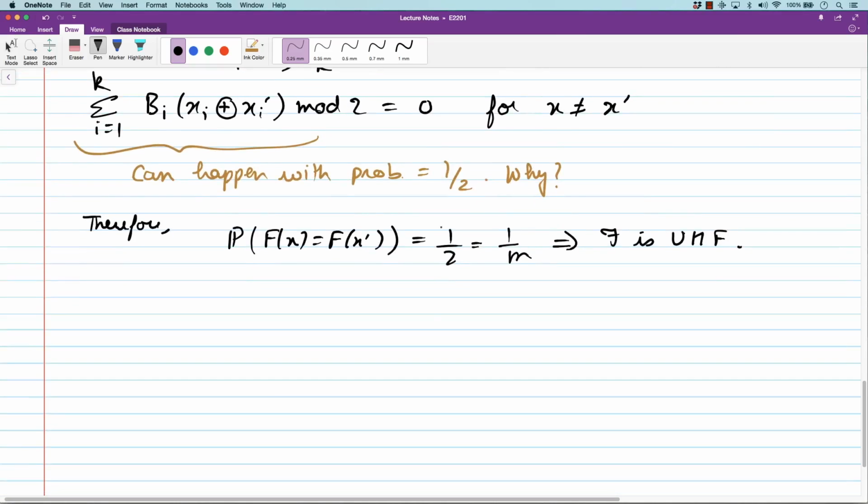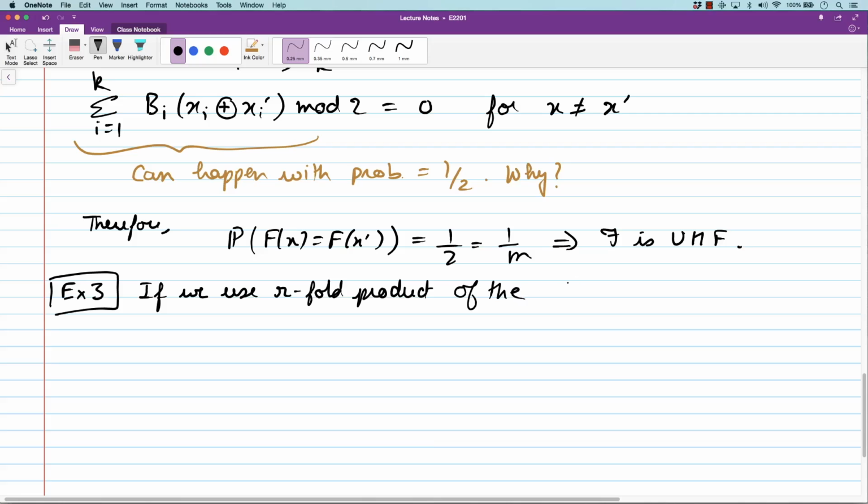But in fact, you may not be happy with this probability of hash collision. So you probably want a small probability of hash collision. And for that, what we can do is repeat this universal hash family multiple times. This is the third example. If we use the R-fold product of the previous family,